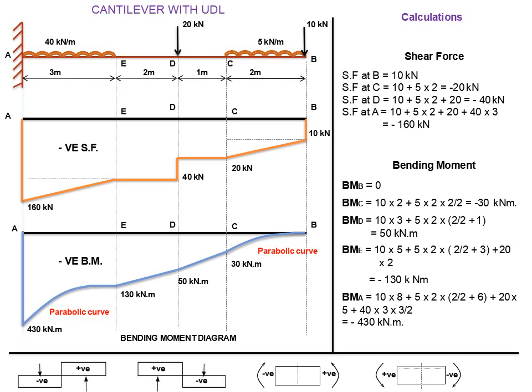After finding this, mark these values to get the shear force diagram. At point B we have minus 10, so mark downward in the section. Next, at point C we have minus 20, so this value is also marked below the beam. Then mark the shear force value at D, which is minus 40.